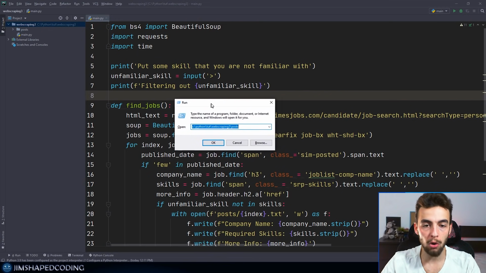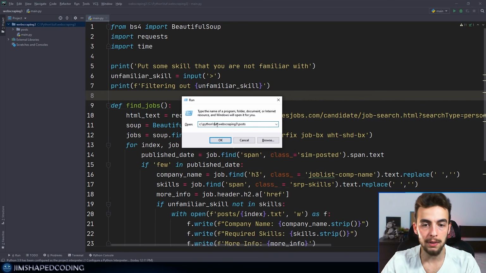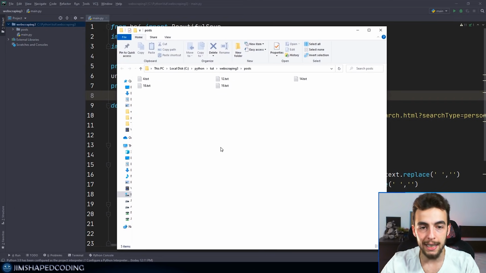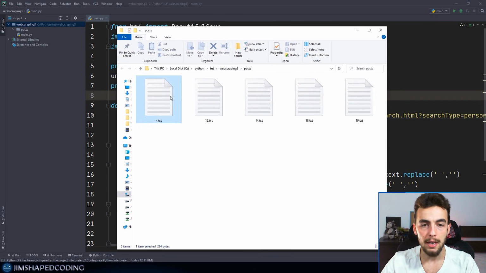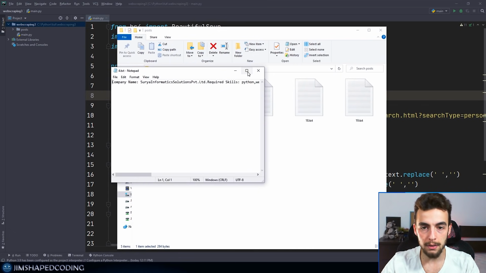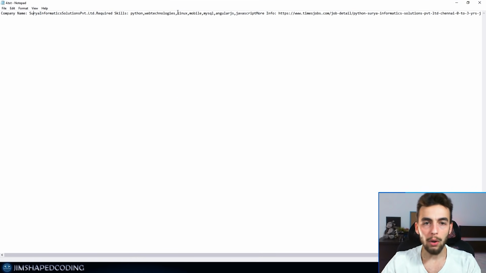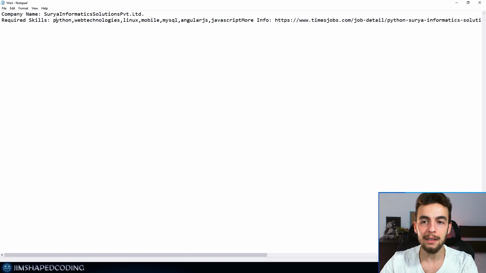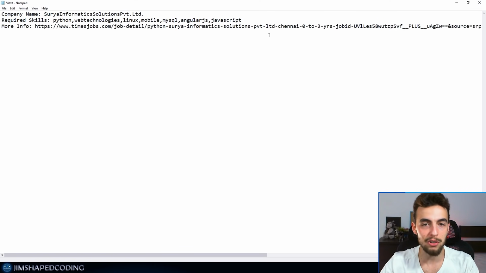Okay, so I'm going to go inside my C Python TUT web scraping tree, and then the post directory that we created a few minutes ago. And you can see that inside of that we have our text files. But if I go here inside, let's see if the results are okay. Okay, so I'm not quite satisfied with that, because it might be a greater idea to see that like this, okay? So you might want to divide those information in separated lines,